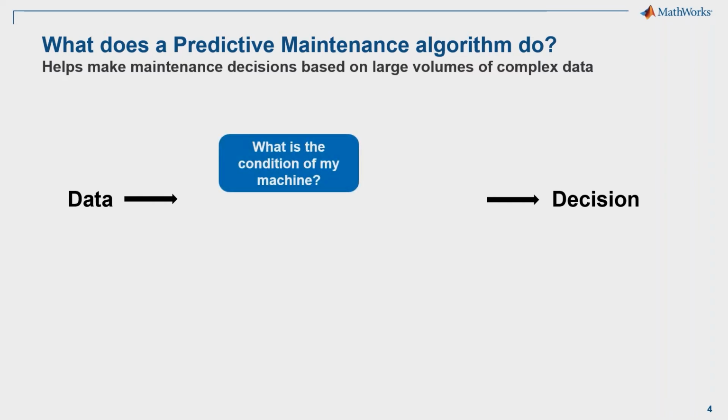Okay, so with predictive maintenance specifically, a couple of questions we would ask are things like, what's the current condition of my machine? When will my machine fail? If my machine has failed already, then I might be asking, why did my machine fail? Right, but we're trying to stay on the predictive side of it. So these are kind of our two main questions, right? What's my current condition, so I can then decide what to do based on that? And do I have any sense of how long I have until failure is going to occur?